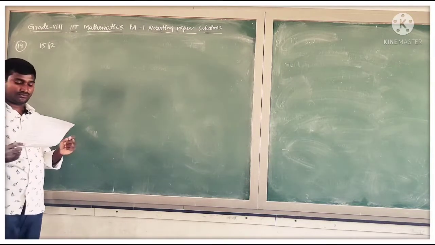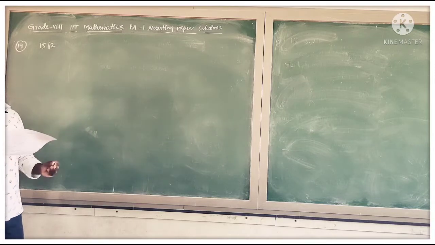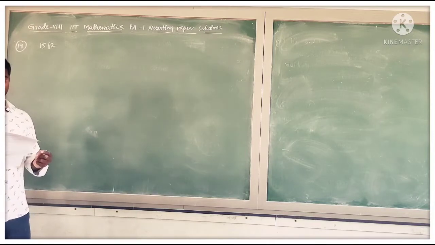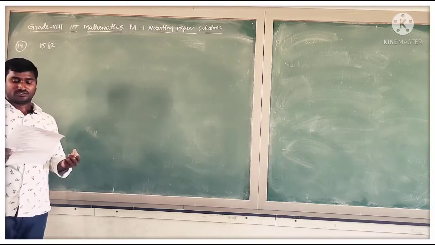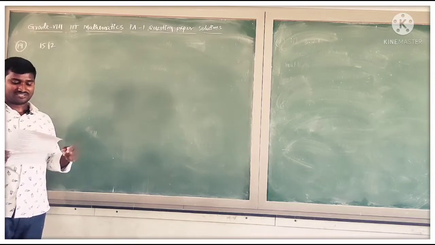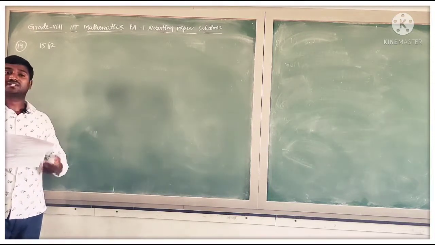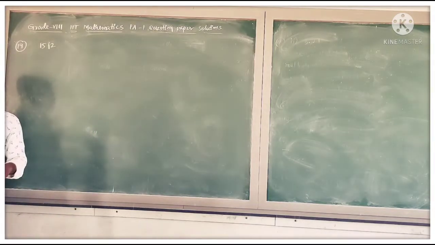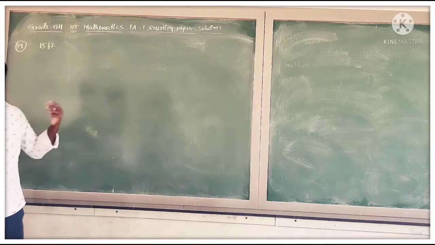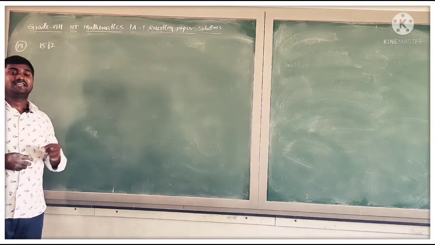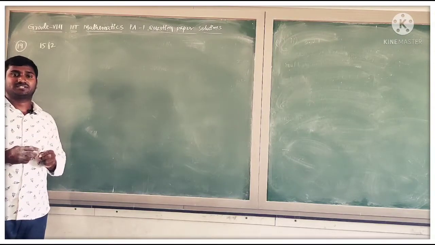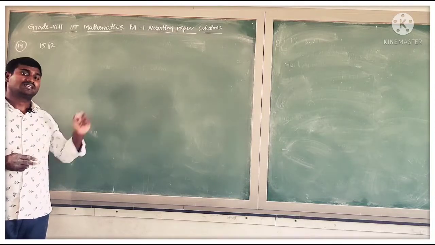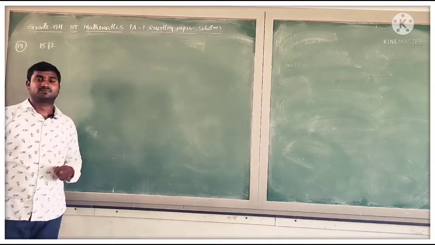Okay, now I am going to discuss with you question number 19. Examine if 1512 is a perfect cube. If not, find the smallest number by which it must be multiplied so that the product is a perfect cube. And also find the smallest number by which it must be divided so that the quotient is a perfect cube. So he asked whether this number is a perfect cube or not. To check, we need to do the prime factorization. If the number is a perfect cube, its prime factorization is in groups of every 3 similar factors. Let us see whether it is in groups of every 3 similar factors or not.